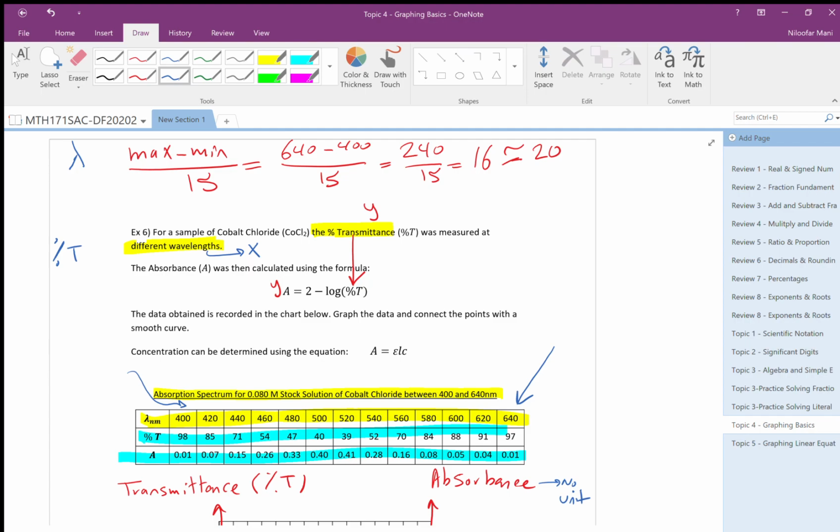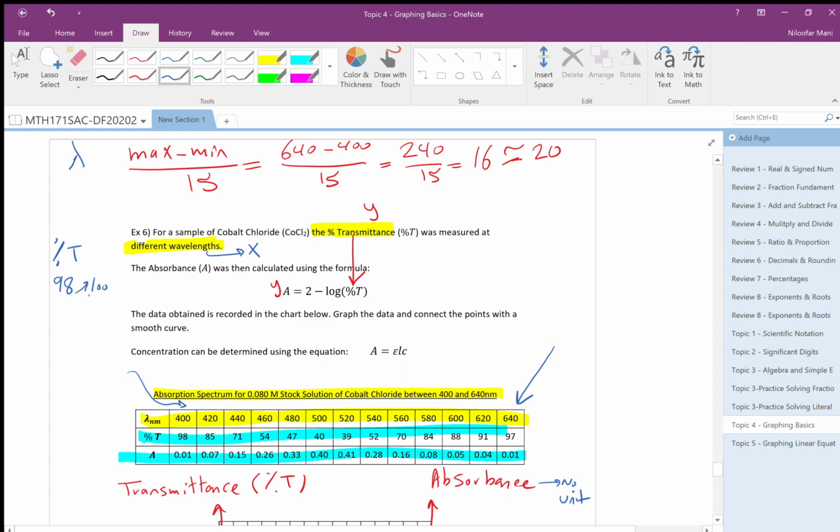Maximum value is 98. Okay, so minimum value, it starts from what? It starts from 40, but it doesn't matter. It's not again a large number. Okay, it's okay. So it's not like 400. So the maximum value is 98. I round up